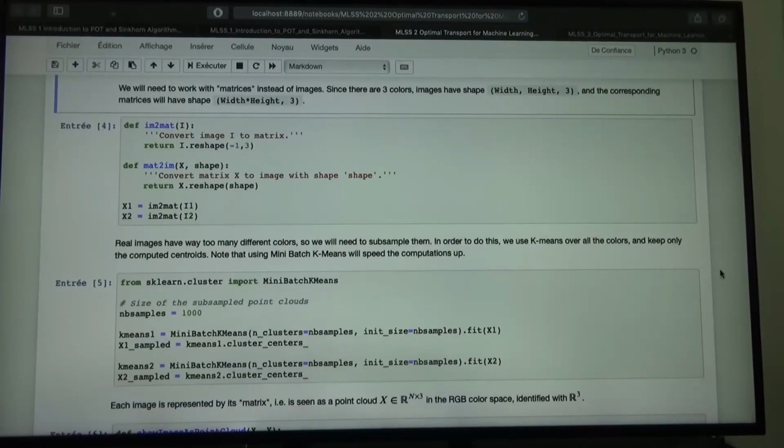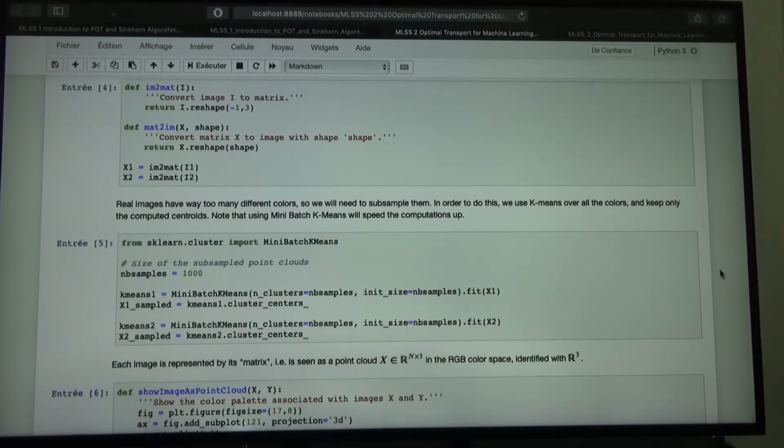Okay. And then the second thing is that I lied a little bit, right? So I told you, okay, you get those 2 color palettes, those 2 point clouds in the color space, and I'm just going to compute the optimal transport coupling between the two. But we're not doing that. Why? Well, those images have hundreds of thousands of different colors. So what's going to happen is that we're going to get measures with a lot of different points. And because we're a bit limited on a single laptop, we cannot compute explicitly this thing, even with a Sinkhorn